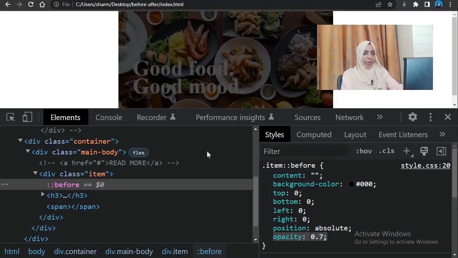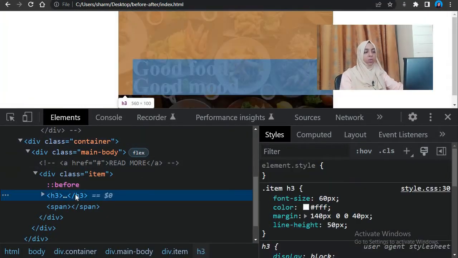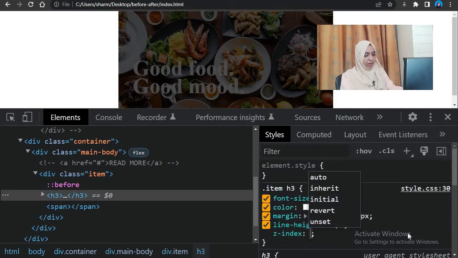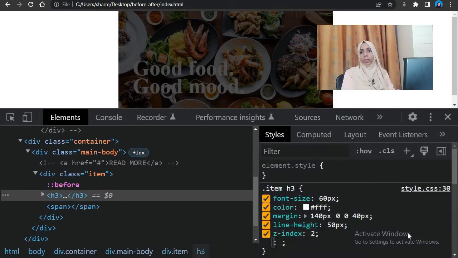So you give it an opacity of 0.7, and now you might say that that's not visible, right? It's going behind it. So think what you can do. You might say Z index, correct, Z index of 2, still didn't come up. Why? Think of it. Why didn't that element still come up even if it has a Z index of 2? Think. I need answers in the comments below.